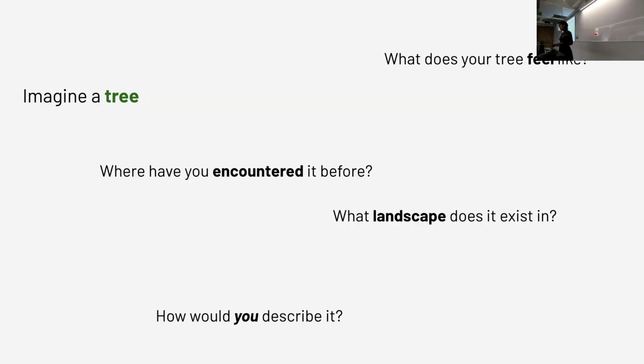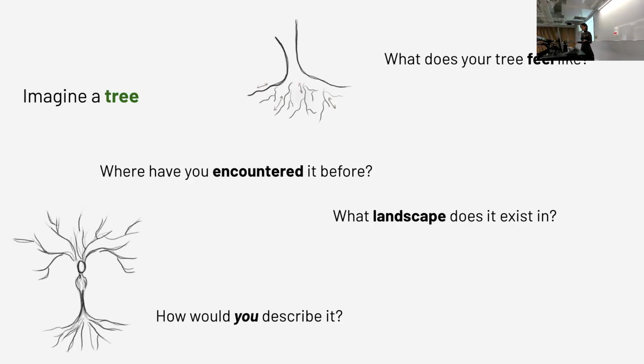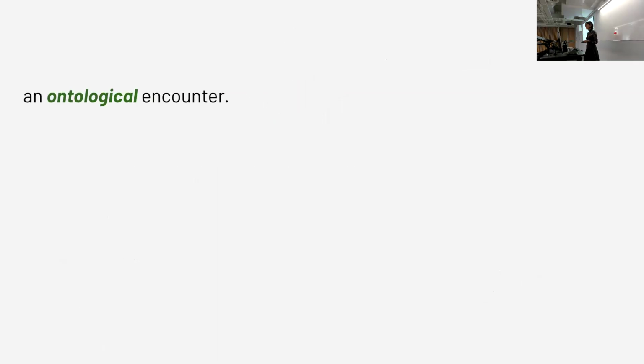The answers to these questions depend on how you've come to know a tree. If you're a botanist, you might imagine the mineral nutrients it accepts from the neighboring fungi. If you're a nutritionist, you might imagine the mass-fruiting varieties. Or if you're a spiritual healer, you might picture trees whispering to one another, taking care of us as we care for them. Or if you're a computer scientist, as I have got before, you might have imagined a binary tree. How you describe a tree reveals not just what you see, but your fundamental assumptions about what a tree is altogether, an ontological encounter.